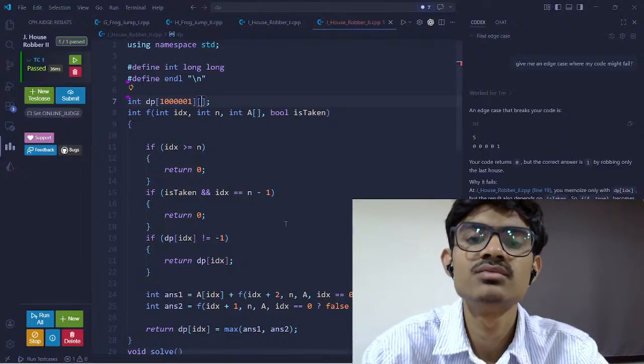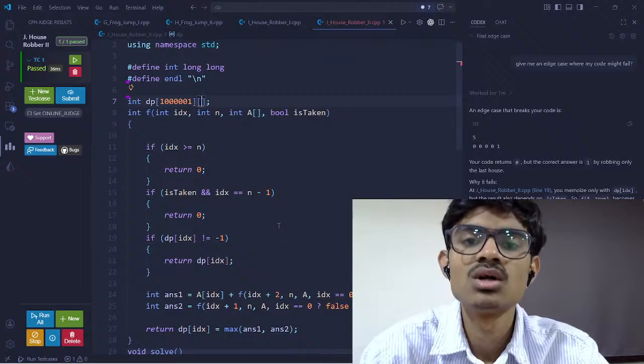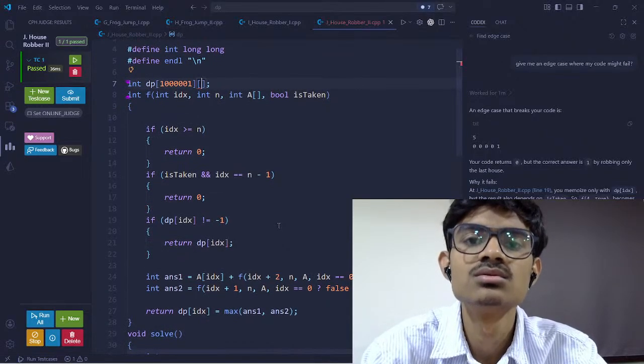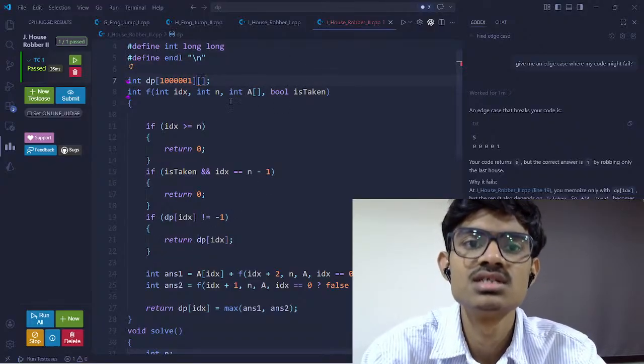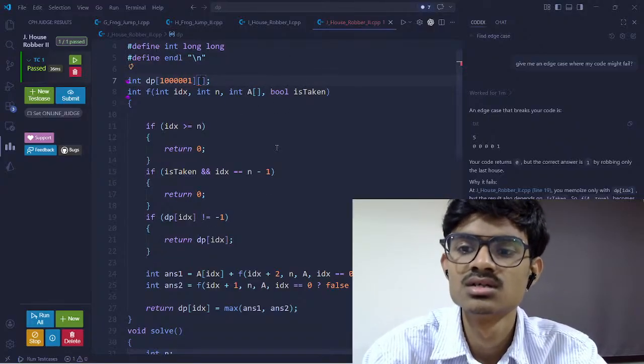So we are storing all possible answers for all possible inputs. So index is changing, is taken is changing, right? All right,